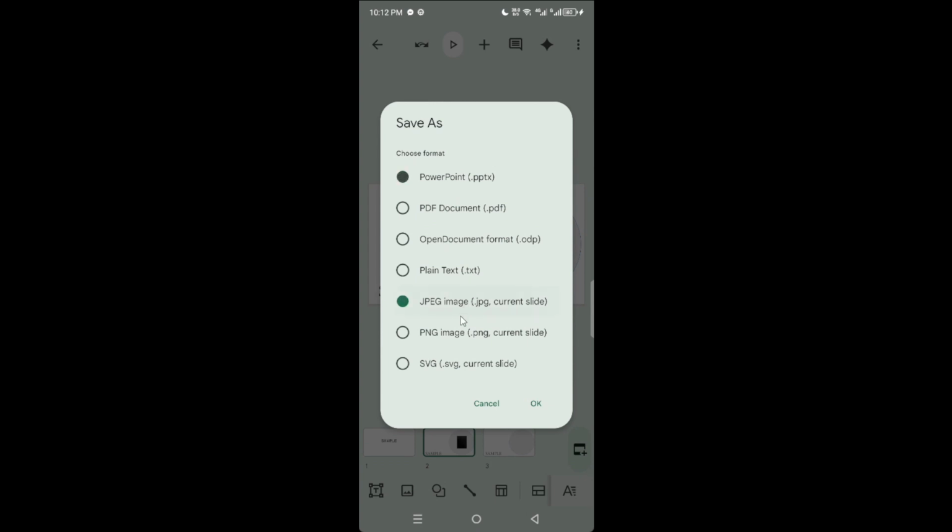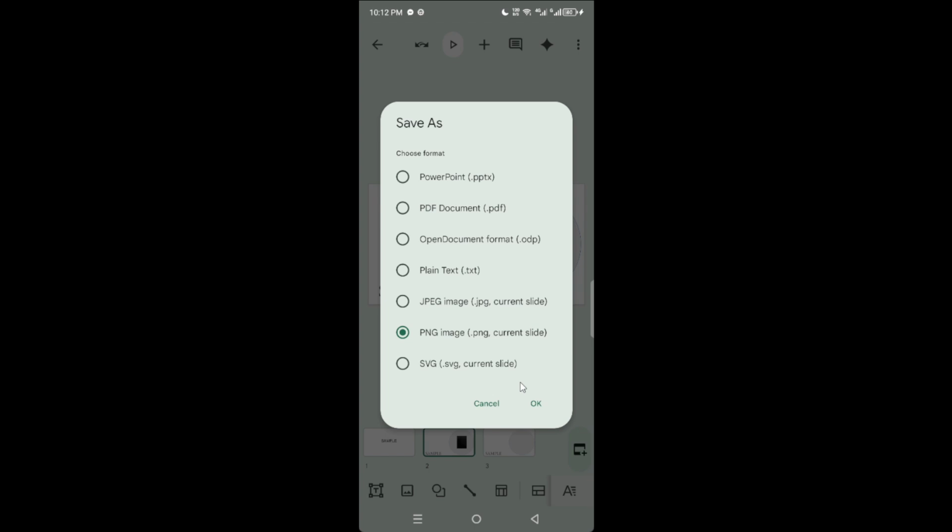Here's a quick tip to help you choose. JPEG files are great for photos, and when you want a smaller file size, which makes them faster to send or upload. PNG files preserve crisp edges and fine details, so they're usually better for slides heavy on text, charts, or logos. If you're not sure, pick PNG for sharper results. It's a reliable default for most slide graphics.